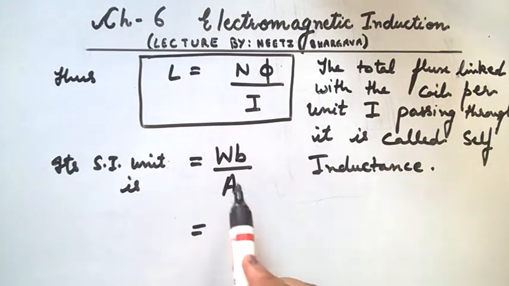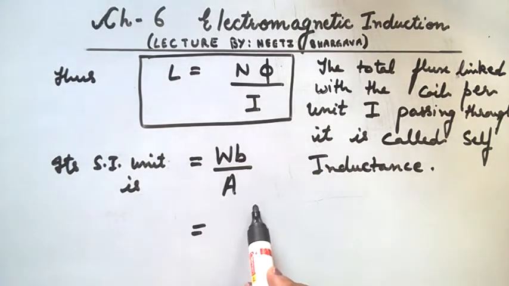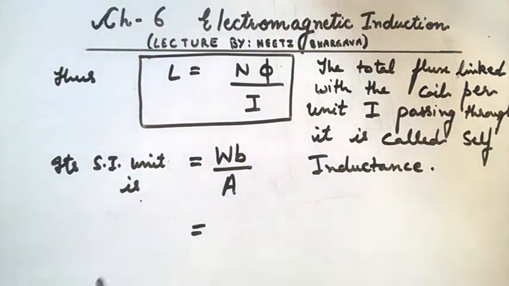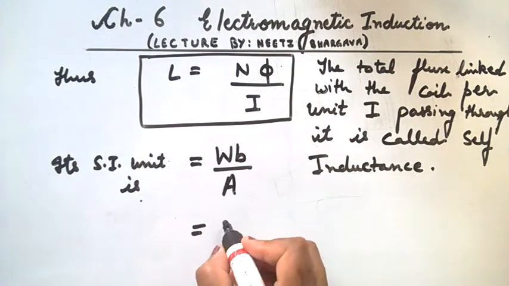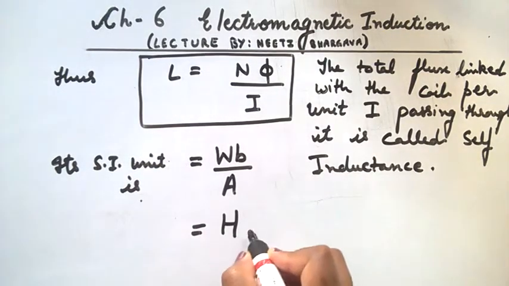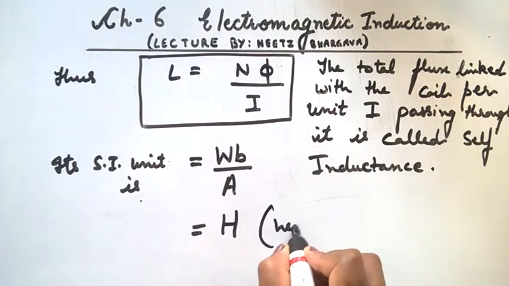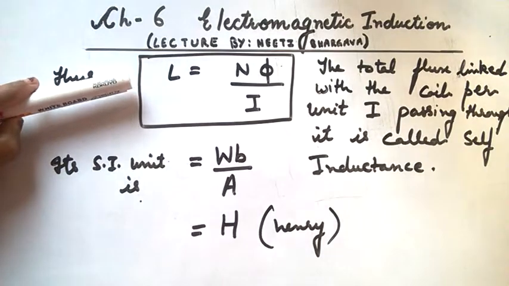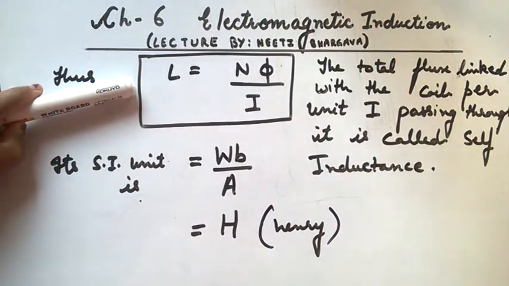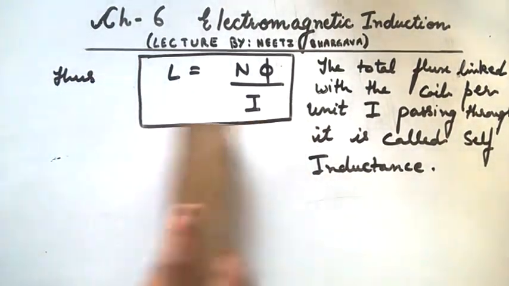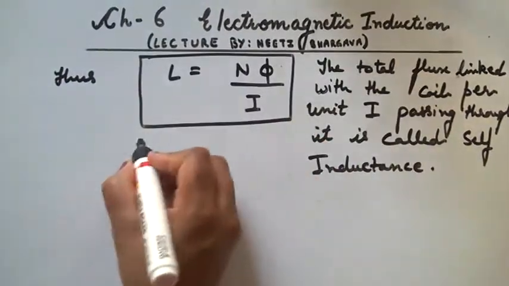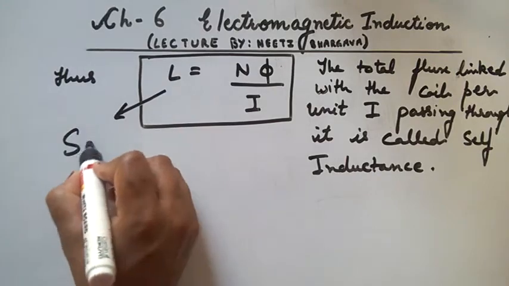Or in the honor of its discoverer, Joseph Henry, its SI unit is also known as Henry, denoted by H. And self-inductance is a scalar quantity, and its dimension is